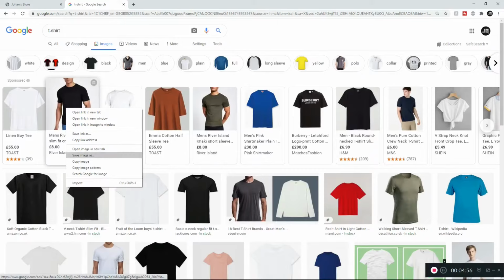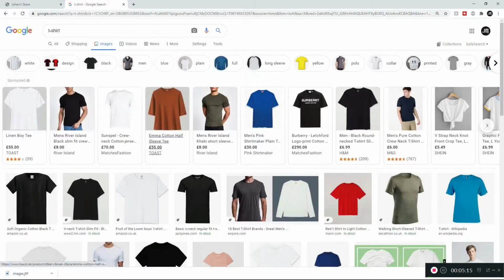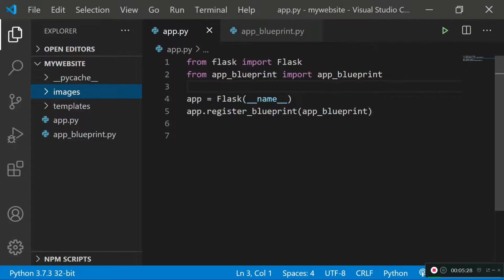I'm gonna go ahead and save this image as, and then I'm gonna go to my website and then the directory that I just created, which is called images, and it's in my website. So I'm gonna go ahead and save it over there. And this extension is JFIF, so you need to remember the extension of the image, JFIF, so JPEG. So save that up, and now that you're done, you need to go back to your app.py file where you